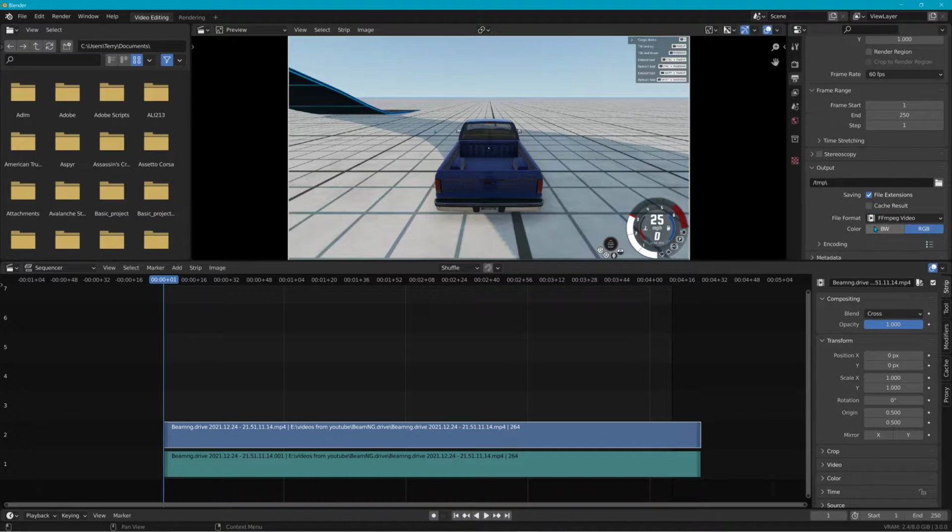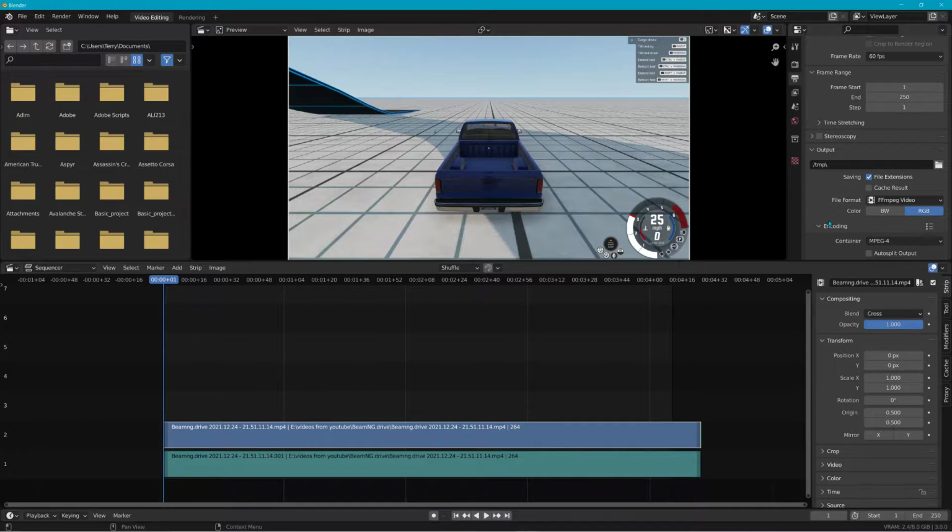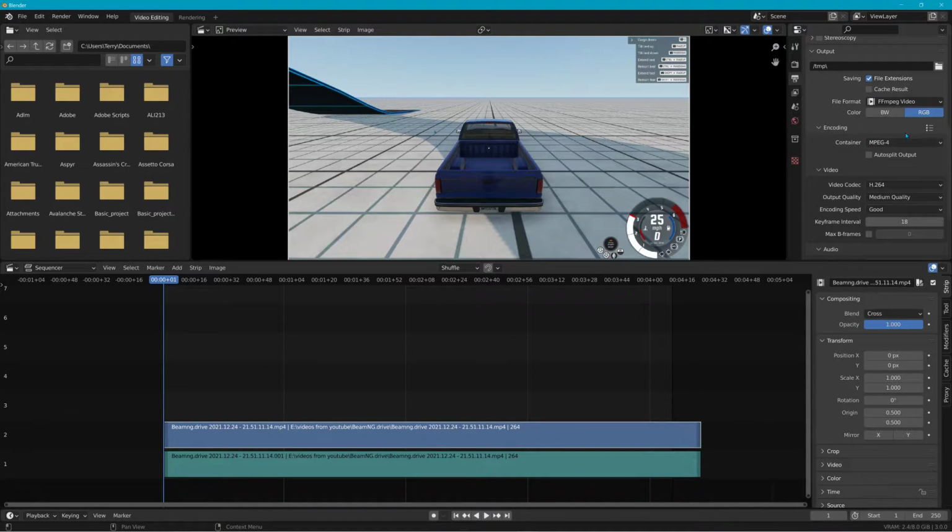And the next thing is in Blender, you got encoding. I usually use this setting. I usually change the output to perceptually lossless. For some reason, lossless or constant bit rate, YouTube doesn't like it. Doesn't work for some reason. So that's the highest setting I can get to. And I just